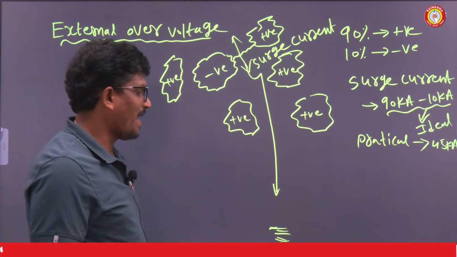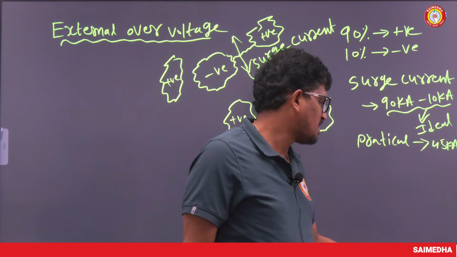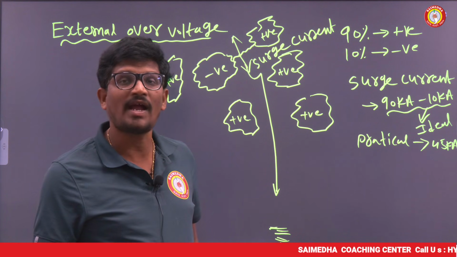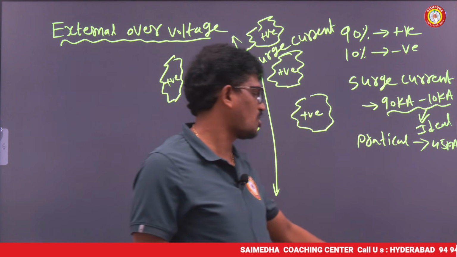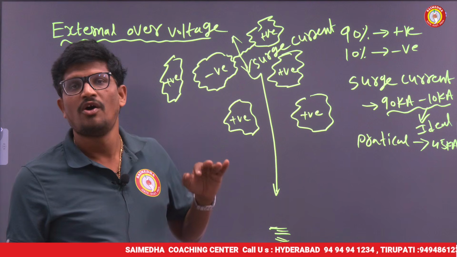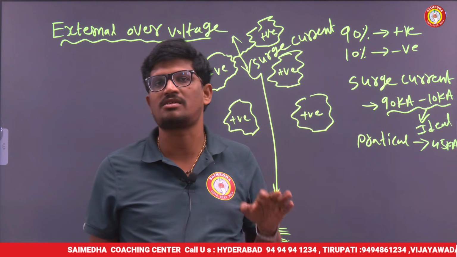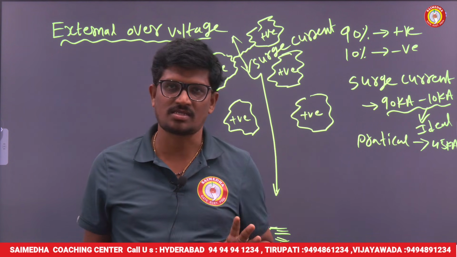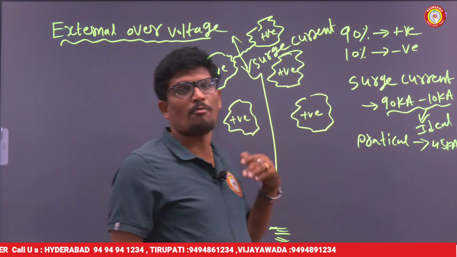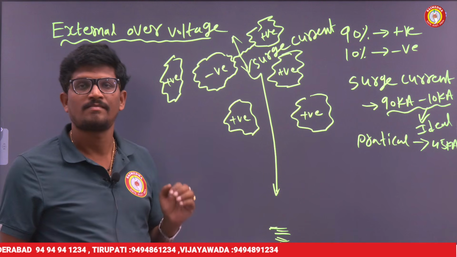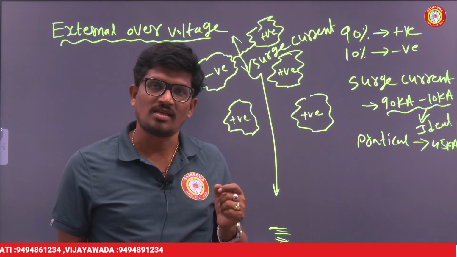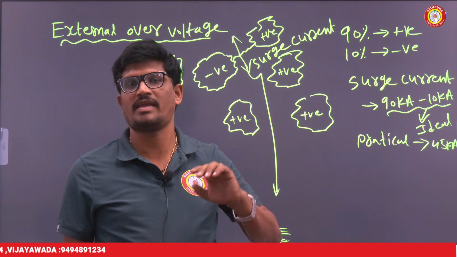Okay, so the external over voltage may occur due to the colliding of two clouds. Due to this external over voltage, the first damage to the system is to the insulators. So how do we protect our transmission line from external over voltage? The external over voltage can be avoided by